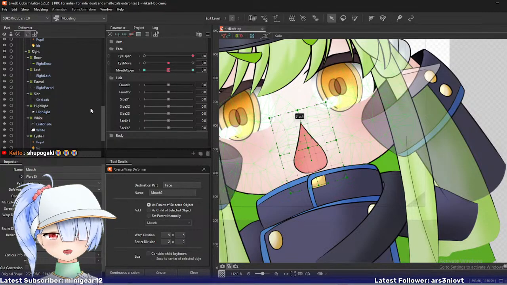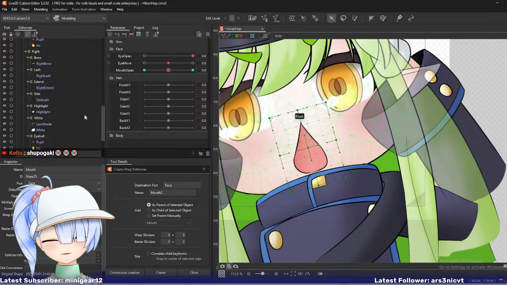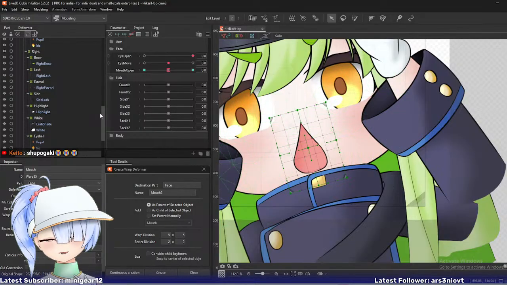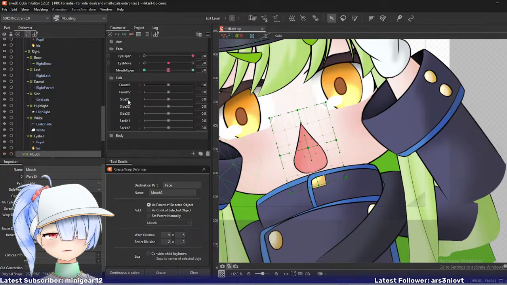I'll do that for the mouth for now. If it bothers me later, then just a little bit later. Let's make a new snapshot here for now. Okay, then